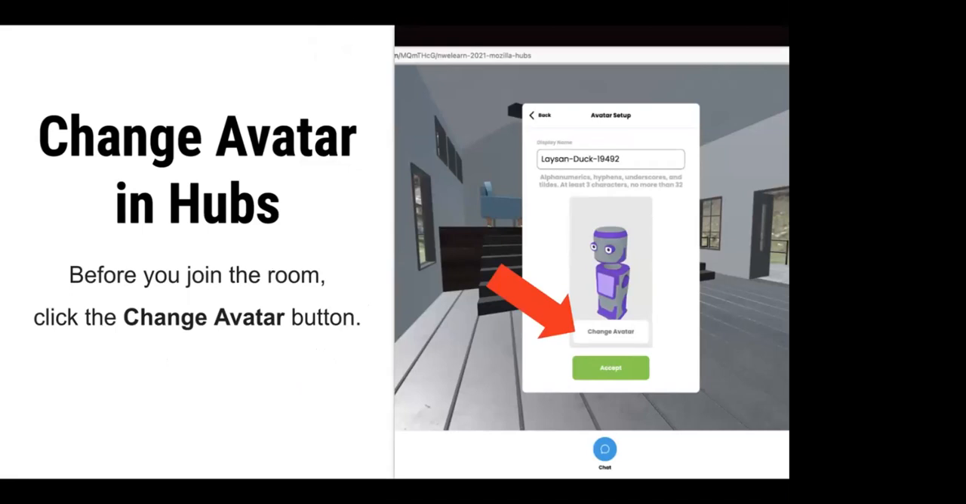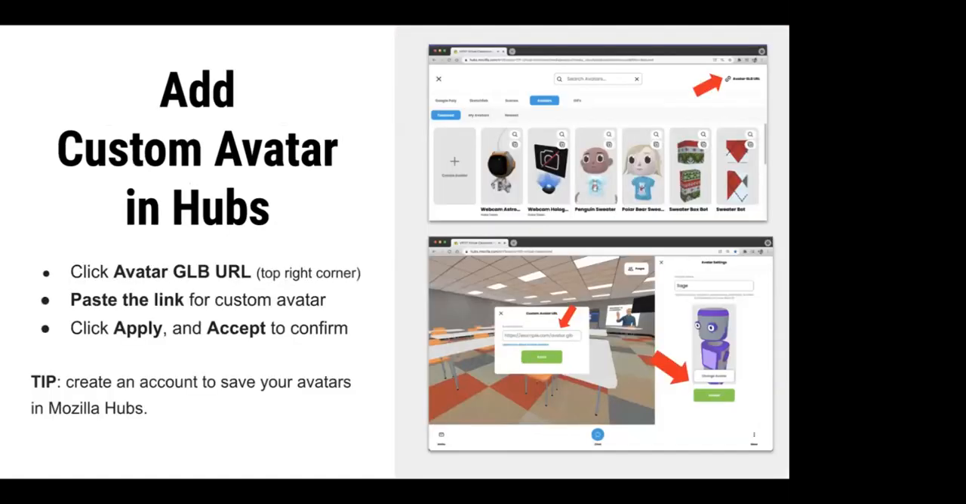So when we ask you to join us in Hubs, you're going to get to this website. It'll ask you to join, but there'll be an option once you join to change your avatar. You'll see it'll ask you to choose an avatar. You'll choose change avatar. Click that change avatar button. And then in the top right corner, you're going to see an option to be able to paste that link. Okay. So once you paste the link, then you can click apply and accept, and you'll be joining the room